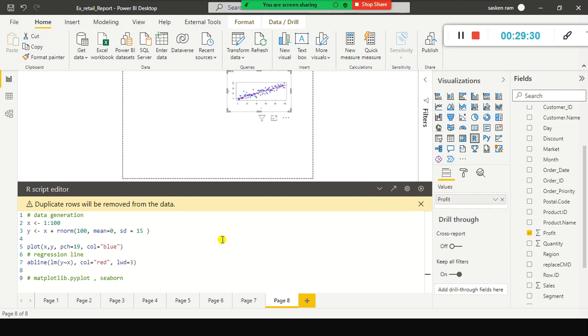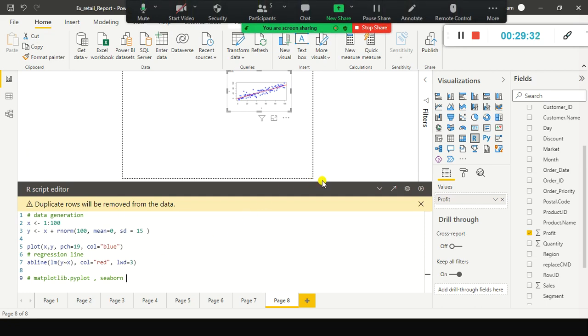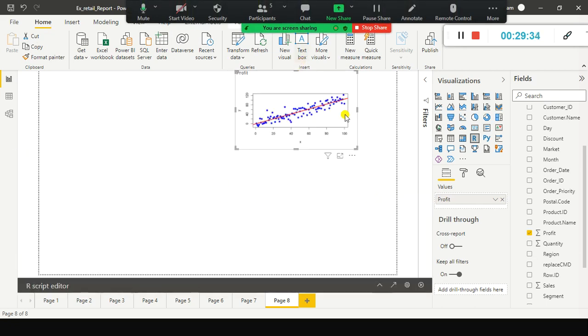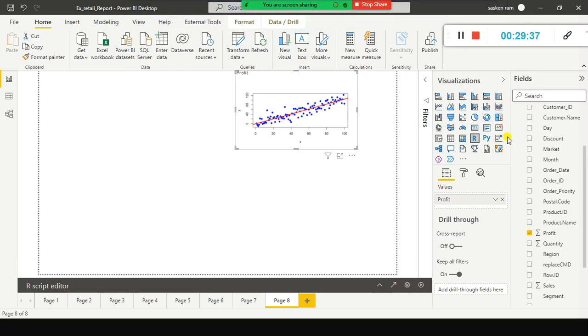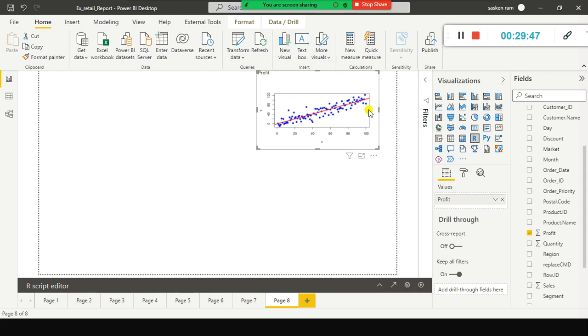Anyhow, let us not spend too much time here, because in Power BI itself, a lot of visuals are available. So why do I need to use it from there? There are some machine learning related charts. Say this is a machine learning related chart, showing whether my model is fitted well or not. Linear regression model is fitted well. So the red colored line is a straight line, and the blue colored ones are the observations. Most of the observations are closer to this red line. So that means my model is fitted well.